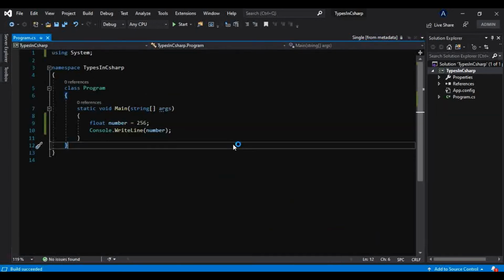So this is a very basic demonstration I have shown you with types, and whenever we learn data type conversion or casting in C Sharp, we will learn in great detail about all these types. So don't worry about that. For now, I have just given a very basic demonstration about these types. What are all the types in C Sharp? So we have learned what these built-in types are. Let's now see what a value type and reference type are.